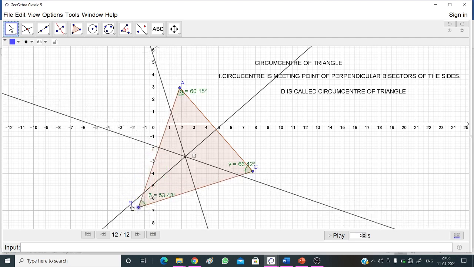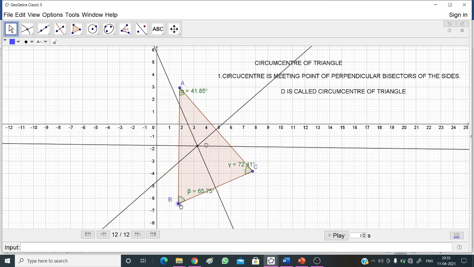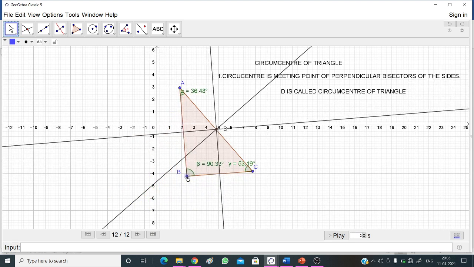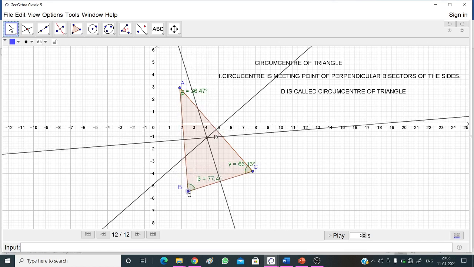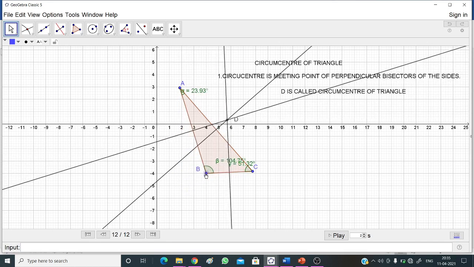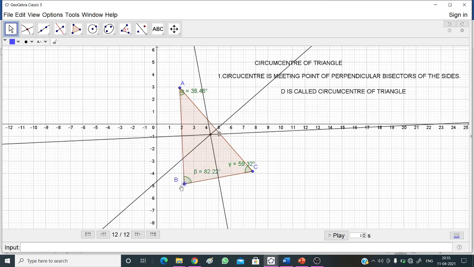If it is an acute angle triangle, inside. Now here it is a right angle triangle, so this is on the hypotenuse. And if it is an obtuse angle triangle, it lies outside.